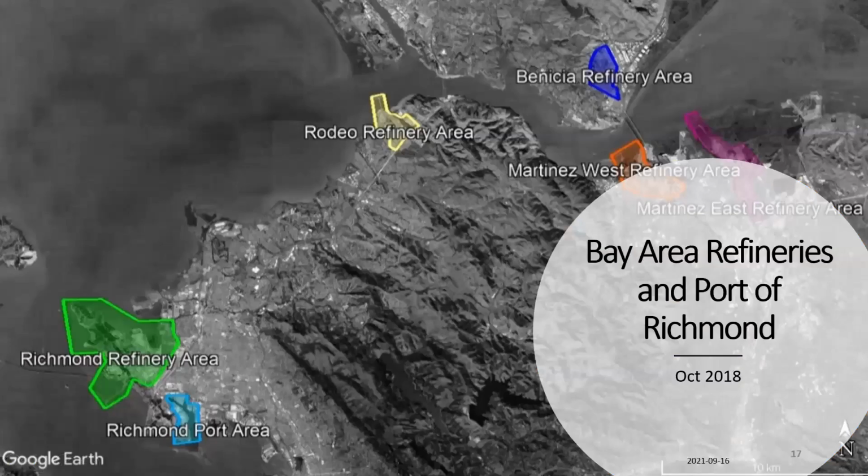So, some results from the study. In October 2018, we did our first campaign, approximately a month, 3 to 4 weeks. And then we focused on looking at the industrial sites in the Bay Area. You can see here the Richmond port area, the Richmond refinery area, the Rodeo refinery area,